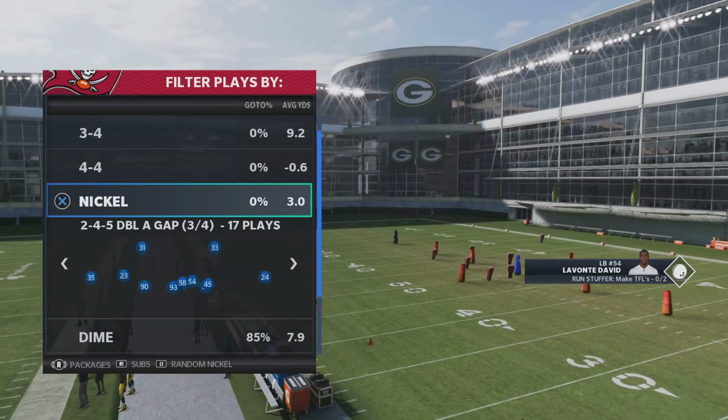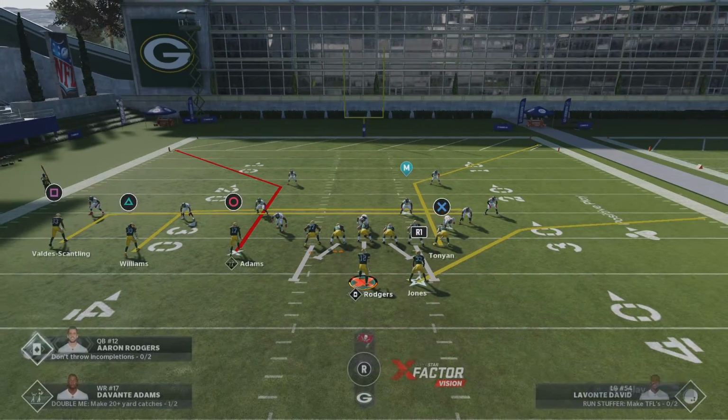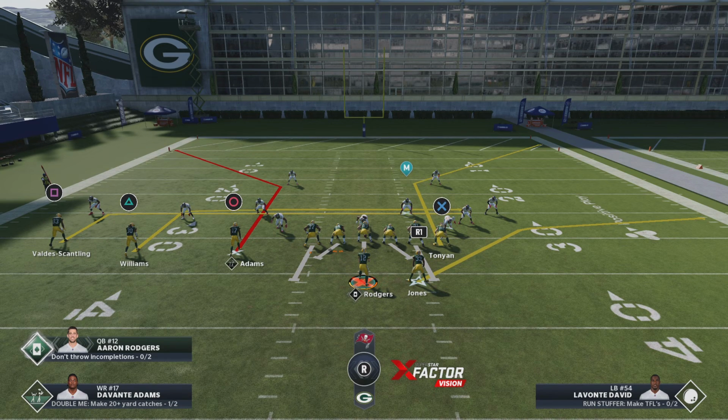Let's go ahead and we're going to call zone. I'm going to call a cover 2 look. Okay, so cover 2 is easy to recognize. You got the 2 corners on the outsides, the 2 safeties deep. It's either cover 4 or cover 2, right? So